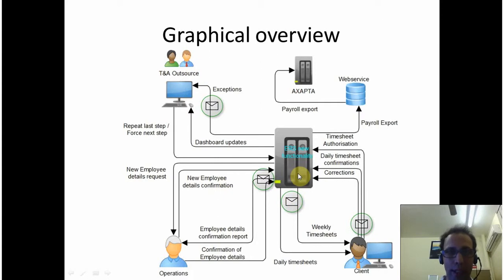At the end of every day, there'll be a workflow rule to confirm tomorrow's timesheet. If it's Wednesday today, and we know there's been some shuffle around, some people have been in different positions. They're working as forklift drivers today, and they weren't yesterday, and they've maybe changed to a different department. We want to make those changes today to prepare tomorrow's timesheet. Tomorrow's too late to do that. So at the end of every day,